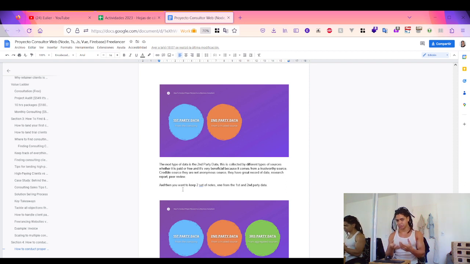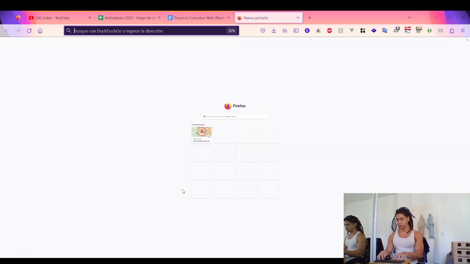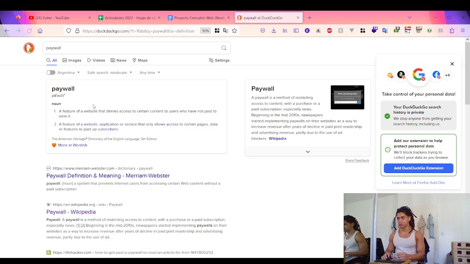And lastly, the third party data from aggregate sources. This is the least valuable because most of the time you cannot verify the quality of this data, and it is usually behind a paywall. And when you talk about paywall, okay, the famous paywall,